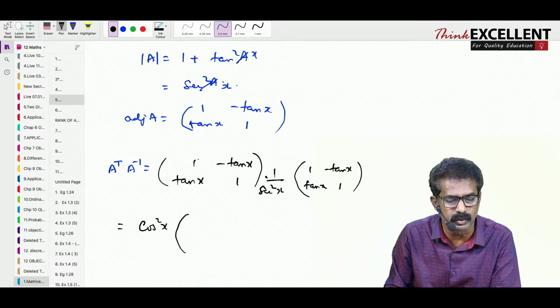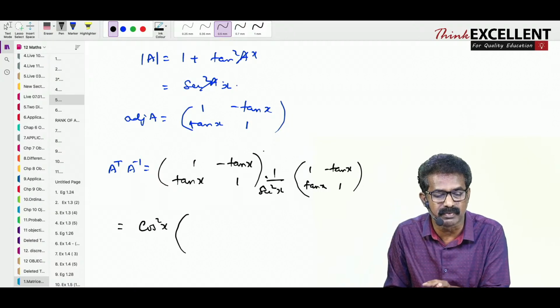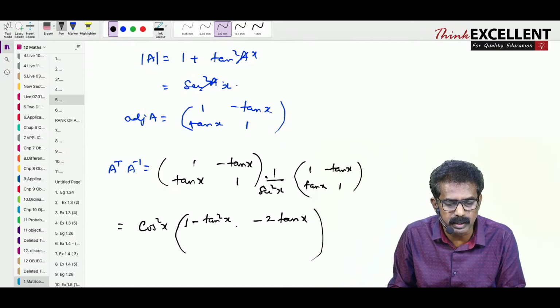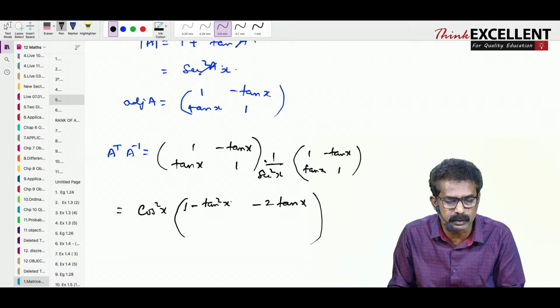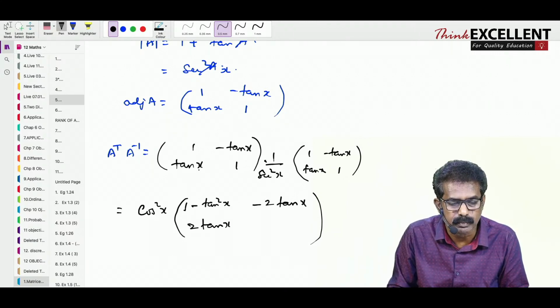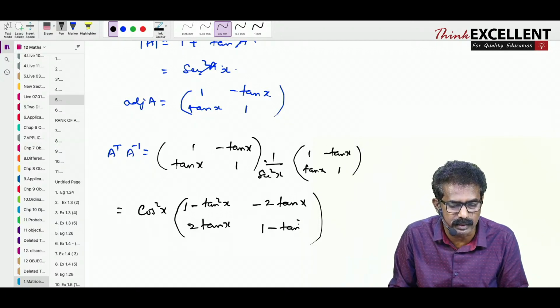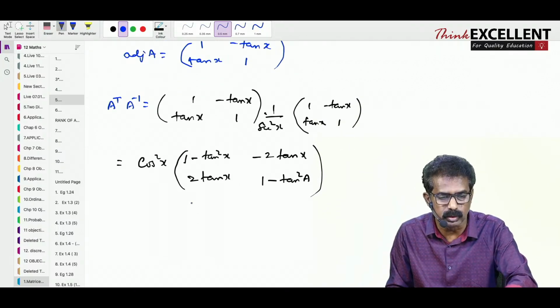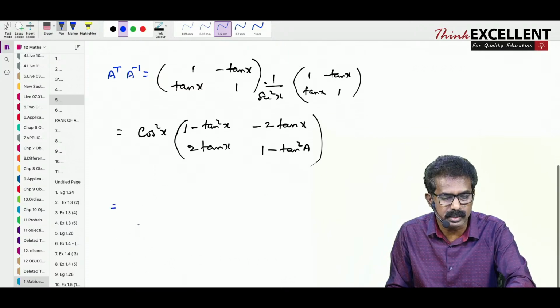Now please listen students, I am going to expand the two matrices. First row, first column, 1 into 1, 1 minus tan square x. Next, first row second column, minus tan x, so it is minus 2 tan x. Now come to the second row first column, tan x plus tan x, 2 tan x. Second row second column, minus tan square x plus 1. Now first I write this plus 1, 1 minus tan square x. Now the next two lines are very very important. Prove that question. Only two more lines. So it is a 5 mark question. So cos square x into